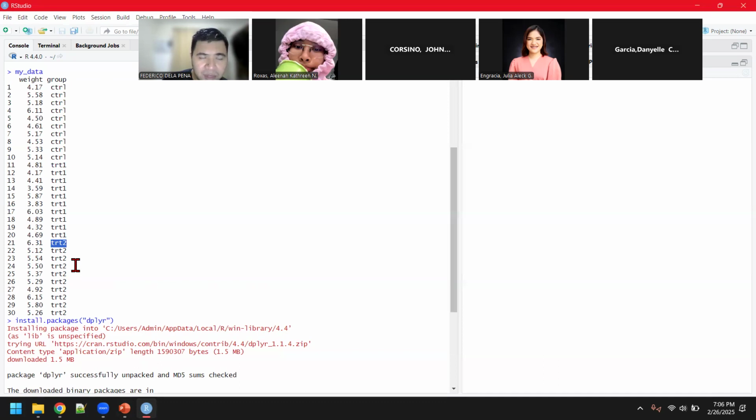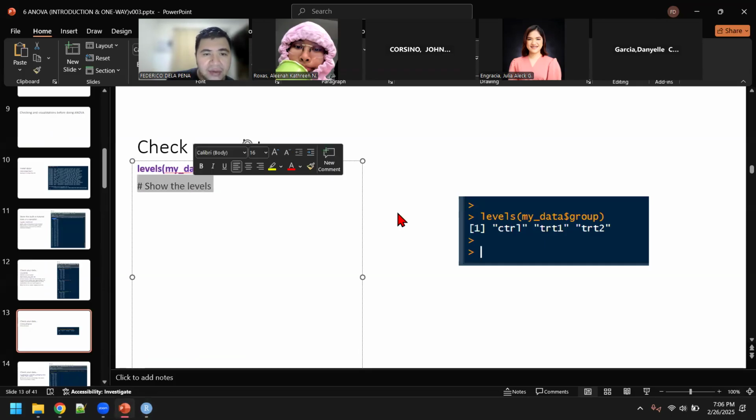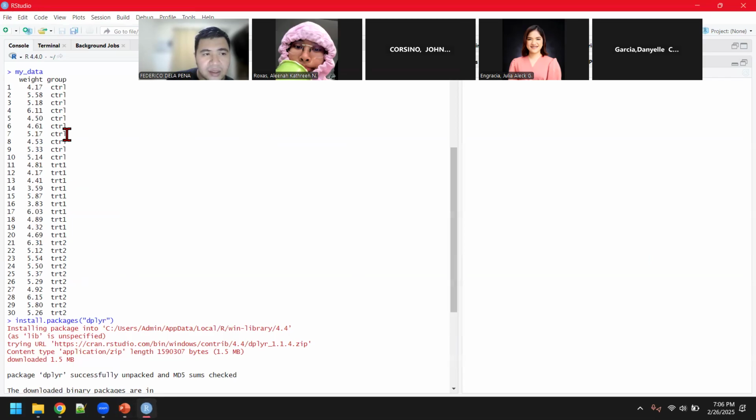TRT2 means treatment 2. And you can see here that these names are actually repeating. Control, treatment 1, and treatment 2 are repeating names. And these are what we call levels, right? These are the unique values that are present in your data column,